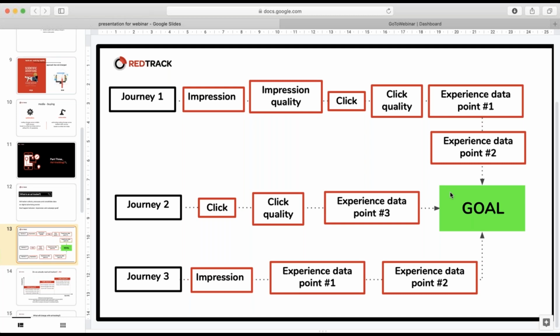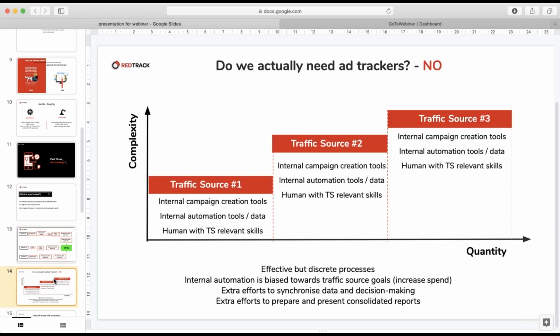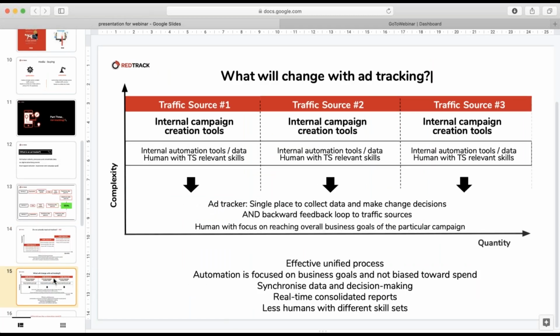So those are the only 2 cases when you really need the tracker. 1, when you have multiple traffic sources. 2, when you need to stitch the funnel and connect your click data to your conversion data. Having said that, the trackers create an opportunity for optimization of your campaigns at scale, because they turn into a single place to collect all your advertising campaign data and all your conversion data, unified in one place